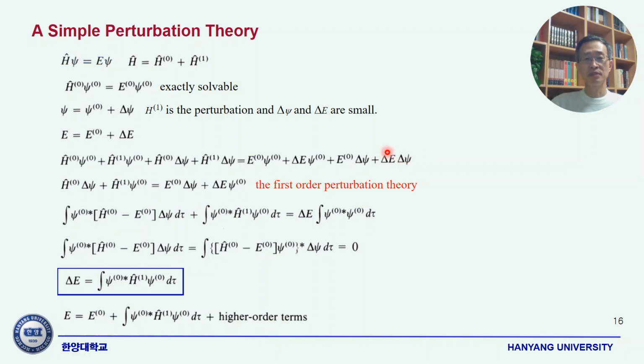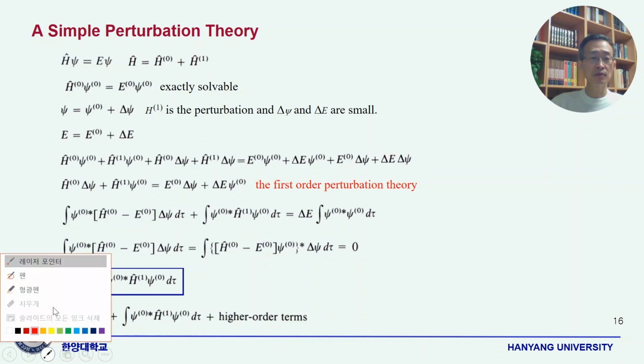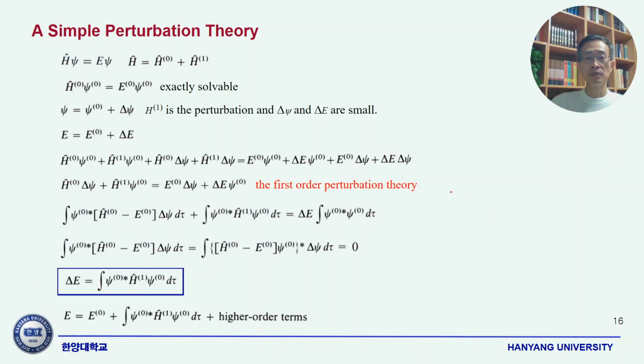So we disregard. Let me use pen now to note this. Disregard this, and this also small times small, disregard that. And then we have 3 terms both sides, but H naught psi naught equals E naught psi naught. You see, that's exactly solvable. So this also exactly solvable. So that also